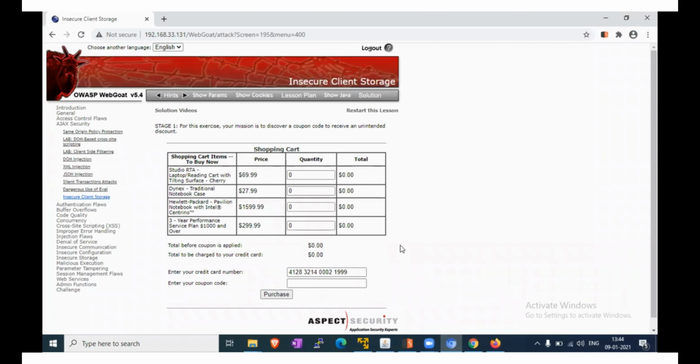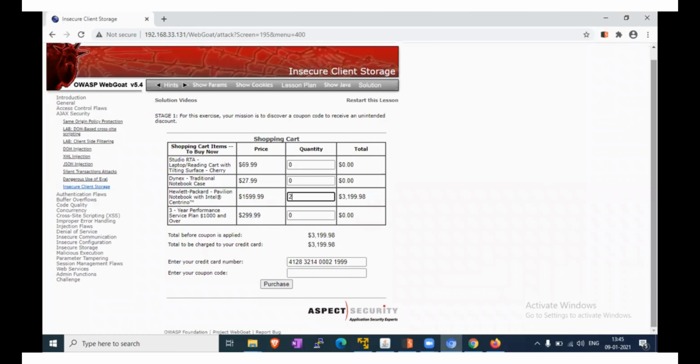Now we will check the Pavilion notebook with quantity 2. It's showing the total amount before coupon is applied, the total which will be charged to your credit card.